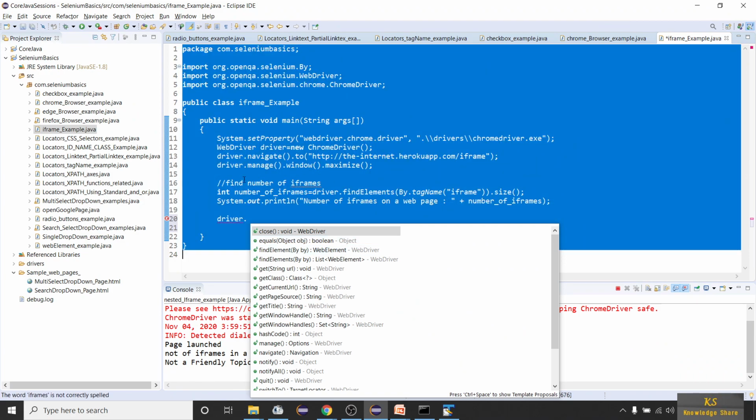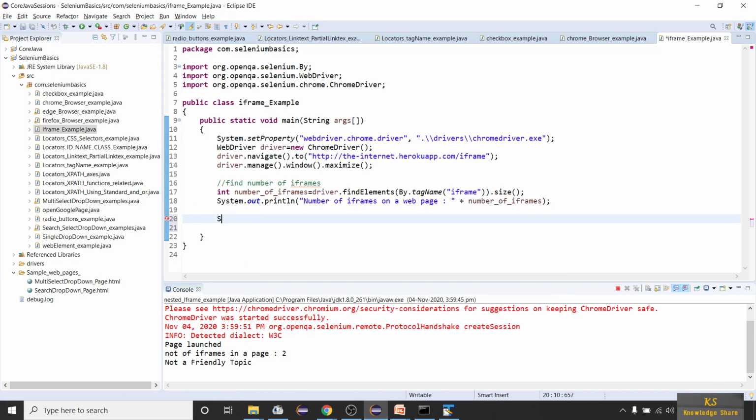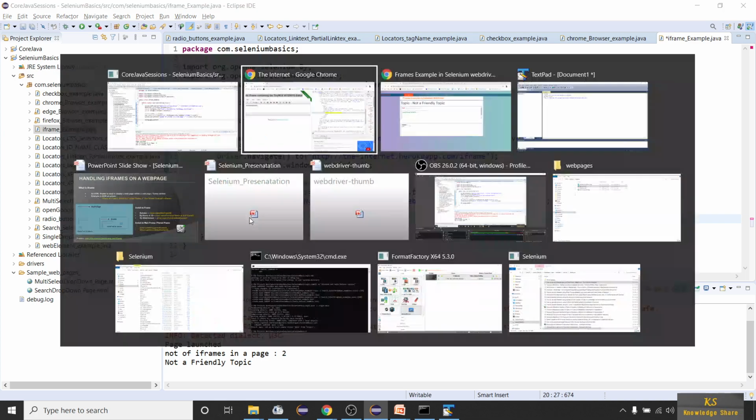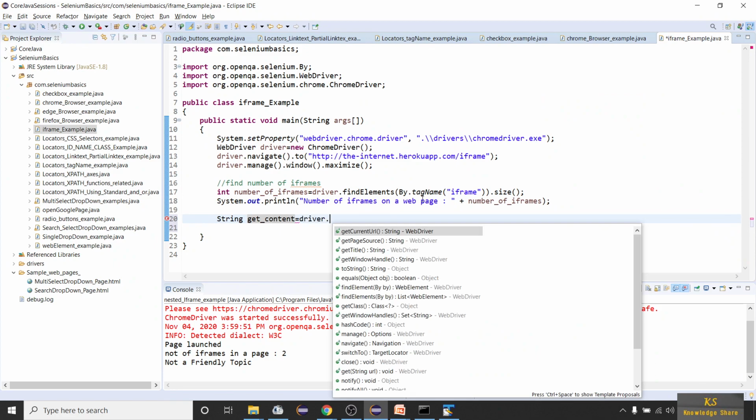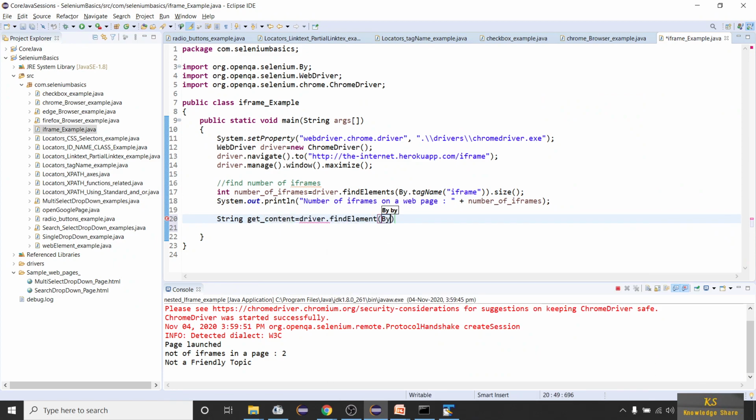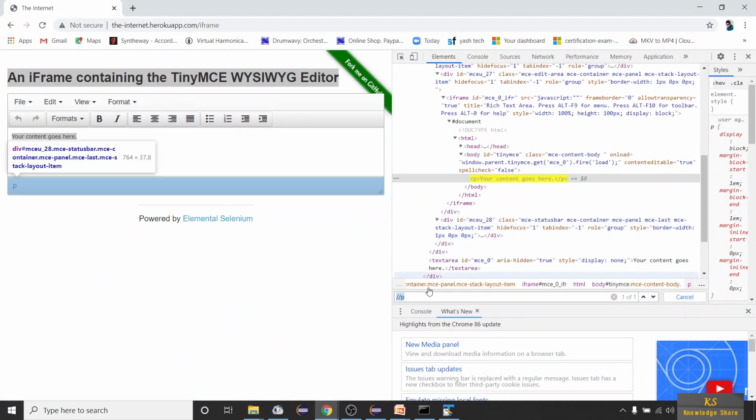I need to store it in a string first, so String getContent is equal to driver.findElement(By.xpath("//p")). Double slash p is my xpath here.